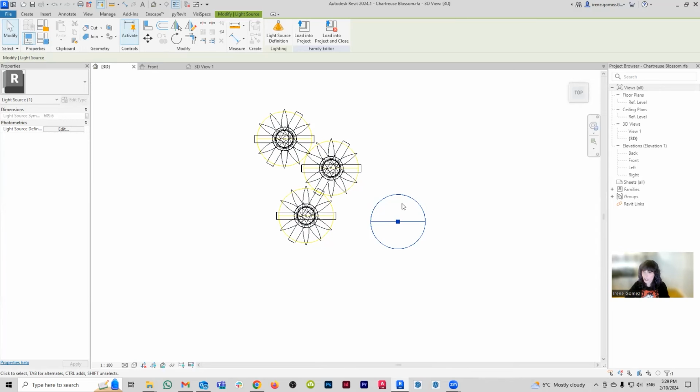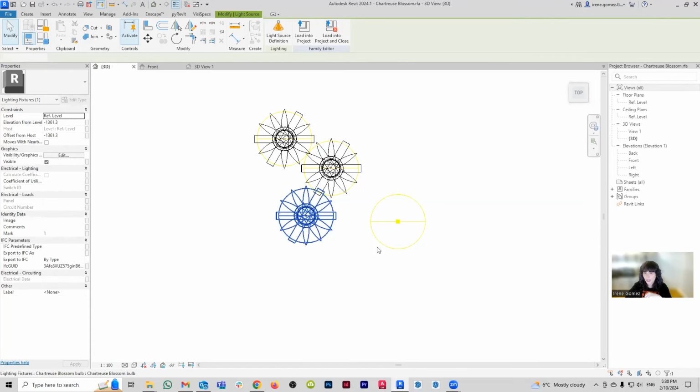The problem is that in Revit, you cannot delete it. I'm pressing the delete key, nothing is happening. So what we need to do is two things. Number one, we need to get rid of this guy, so make it invisible, so to speak. But we also need to make it so the light sources that we have here respond to the parameters of this light source here. And the way that we're going to do that is by linking the parameters of the nested family. So the way that we do that is we're going to select one of them. They're all the same, so I don't have to select all of them. I just need to select one of them.